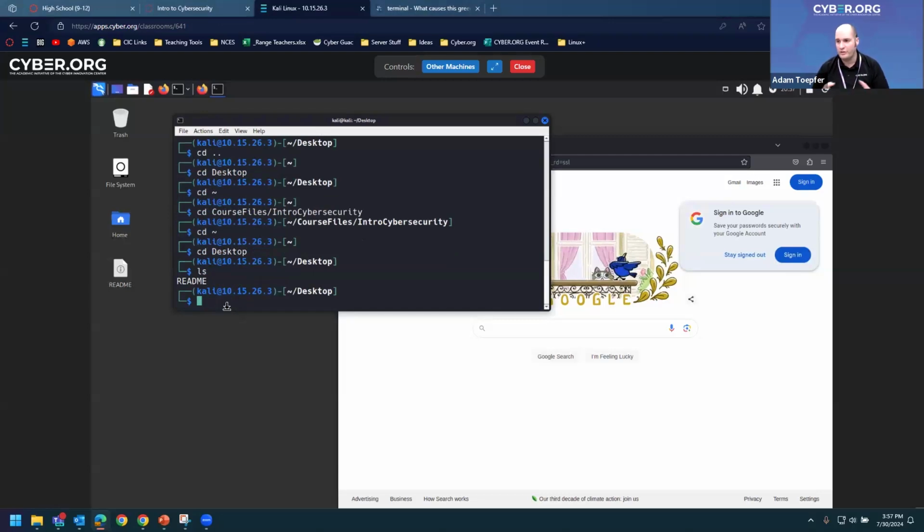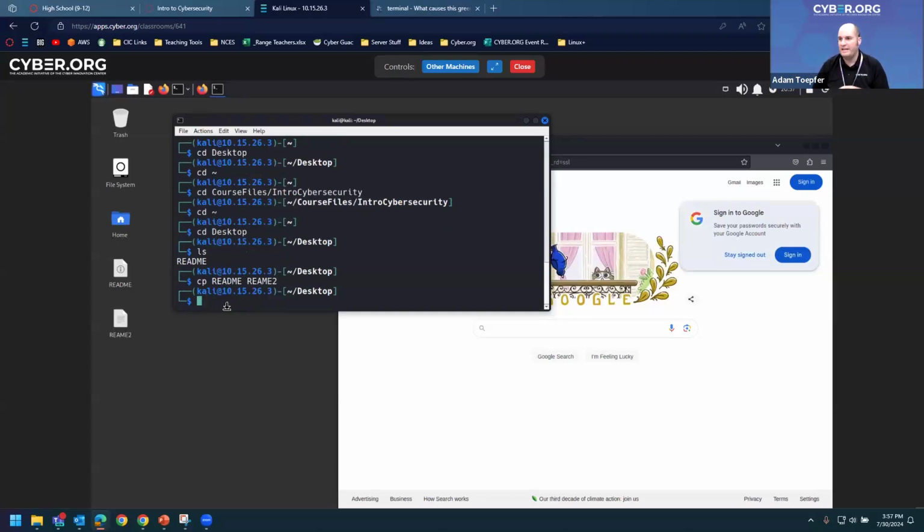So one command you can use is called the copy command, which is cp. The way the copy command works is you copy file 1 to file 2. So I'm going to copy file 1 by saying readme, all capital letters, because that's how it's there. And I'm going to copy it to readme 2. And then when I hit enter, you should see another readme appear on your desktop. So cp readme